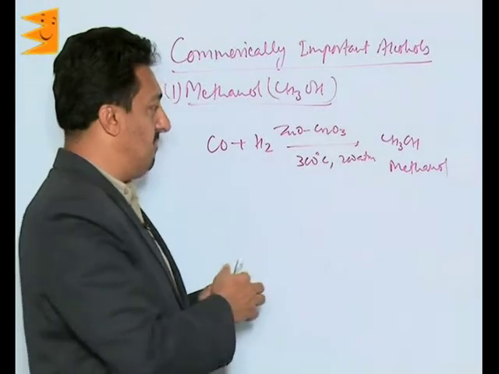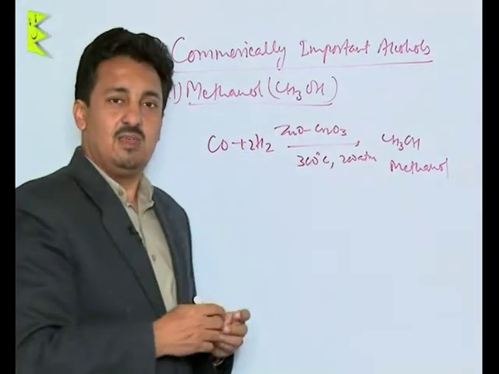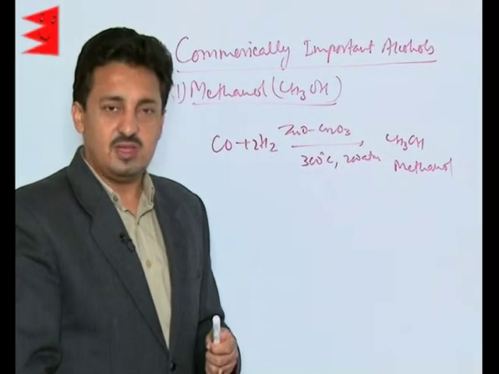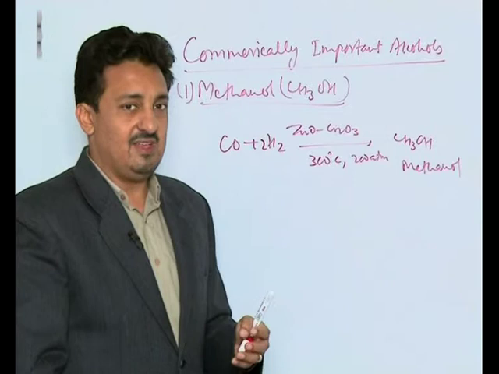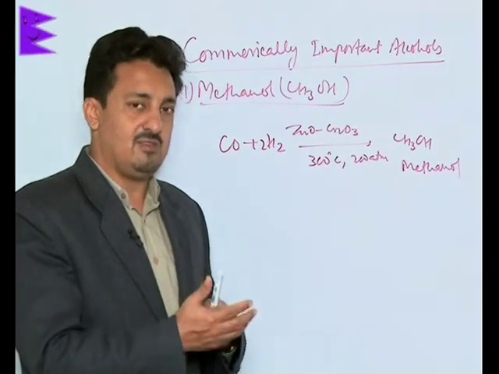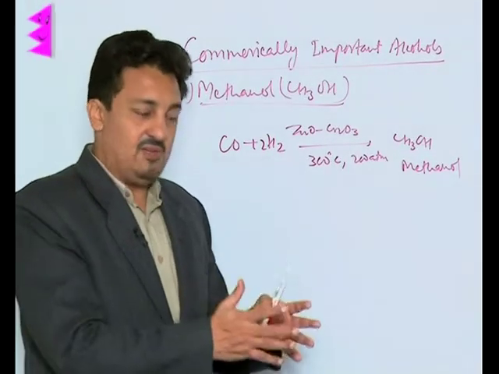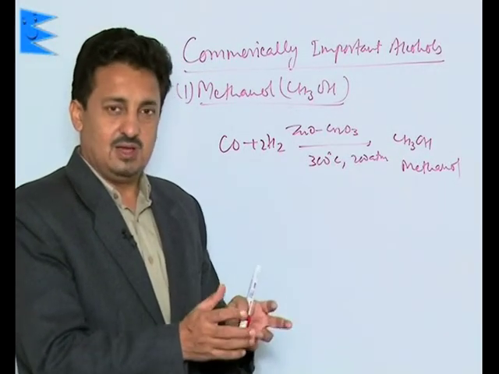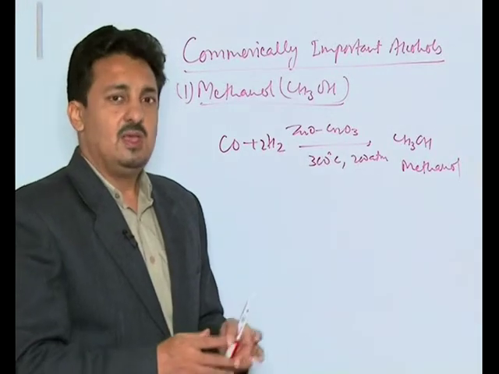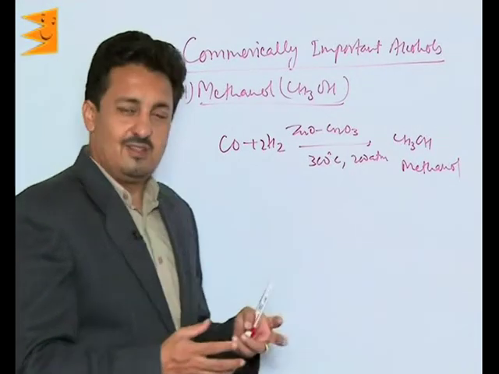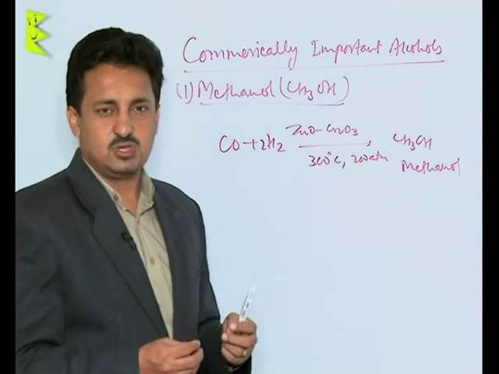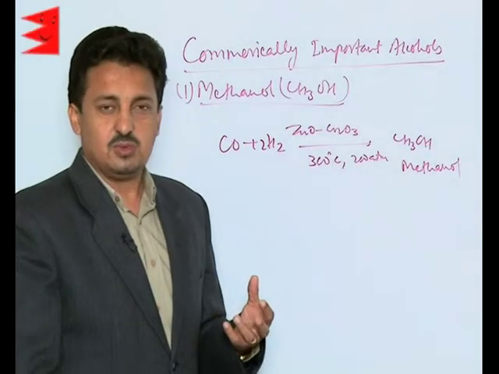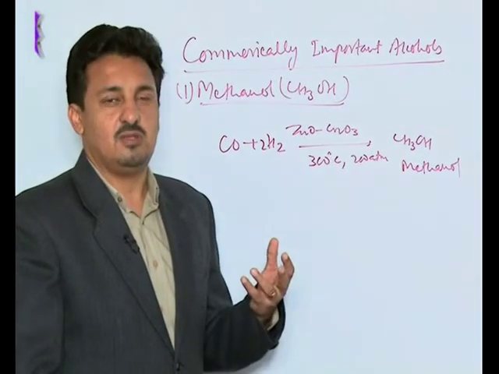It is a very, very important alcohol. What we need to know is that when taken in small quantities, it even causes blindness, because it gets oxidized in the body to formic acid, which causes blindness. That is why, whenever it gets mixed with the normal ethanol, which is a liquor, it is always very harmful. It is a very important industrial solvent. It is used in making paints, varnishes, etc. And industrially, it is also used in making formaldehyde, whose aqueous solution is also called formalin, used as a preservative